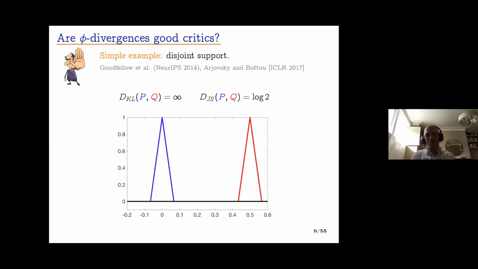And so we've got this awkward situation where, in this case, the KL is infinite, and the Jensen-Shannon, which is another phi divergence, is log 2. These divergence measures don't change at all as I move the support of Q around, as long as the supports of Q and P are disjoint. Think of this, which I've shown in cartoon form in the corner here, as an angry lecturer, and the lecturer always yells at you that you're wrong, whatever you do, because it's not allowing you to notice that your probability mass of Q is approaching P, as long as the support is disjoint.